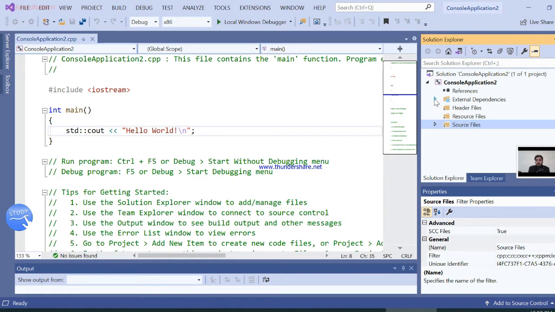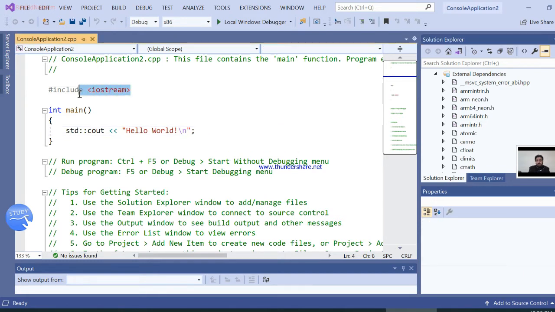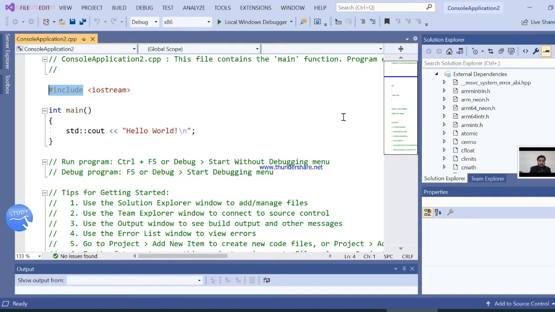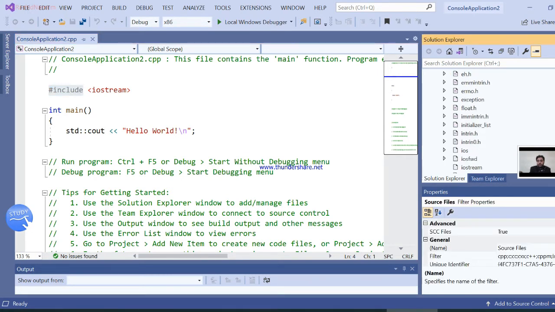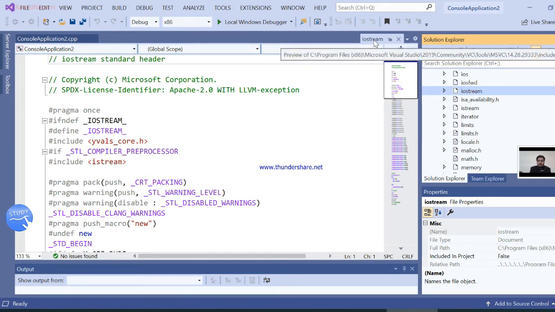External dependency means there are some built-in libraries that we need to include in our programs, just like iostream. So iostream is one of the dependencies, the library that we have used here, by including the #include reserved word. You can also point to it here, the iostream. When you click this file you can see that it has already opened here in this panel.